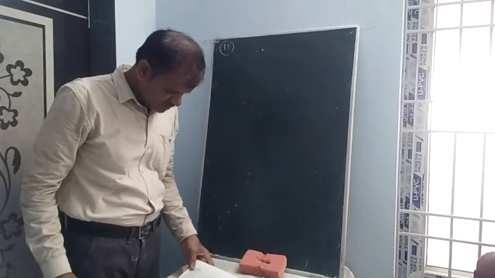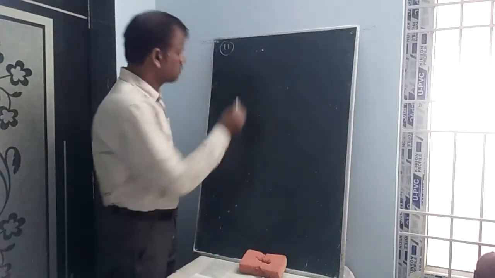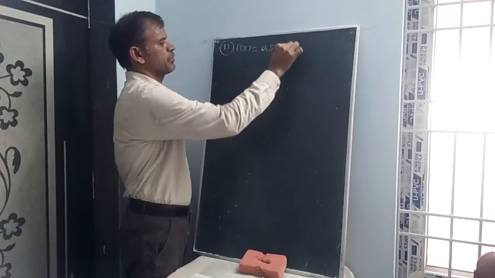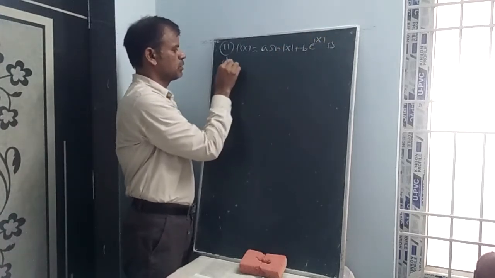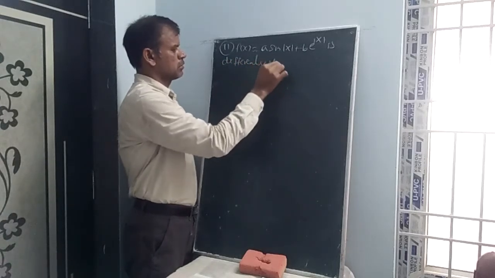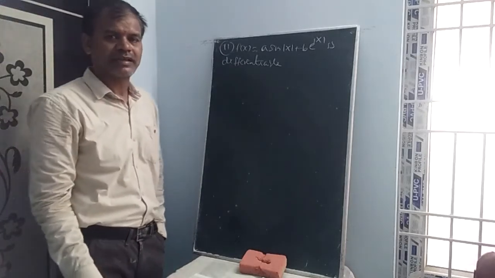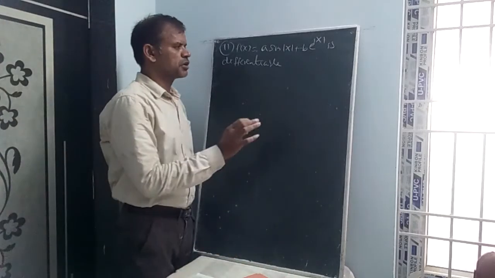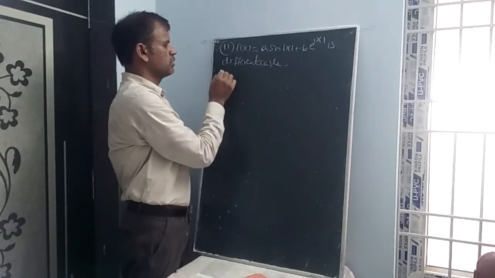11th question: f of x equal to a sin modulus of x plus b into e power modulus of x is differentiable. Differentiable is what is being asked. For the trigonometric functions, whenever it is given as differentiable, we can take it at 0, using the positive and negative concept. Then what is the value we need to calculate?